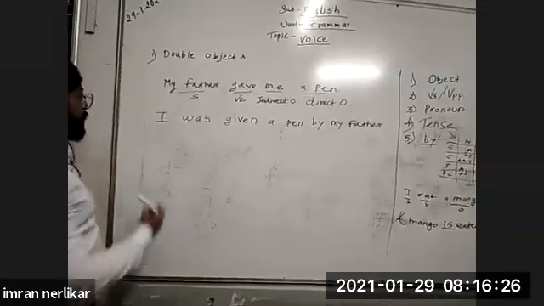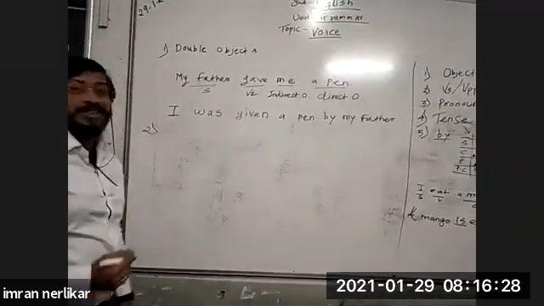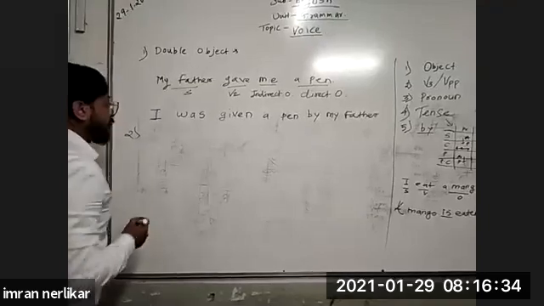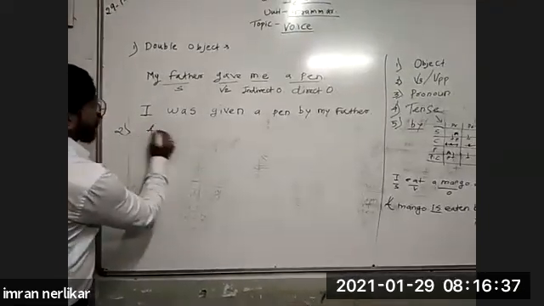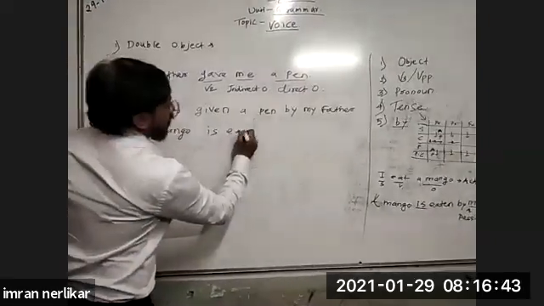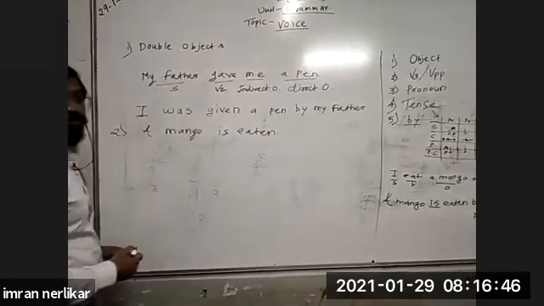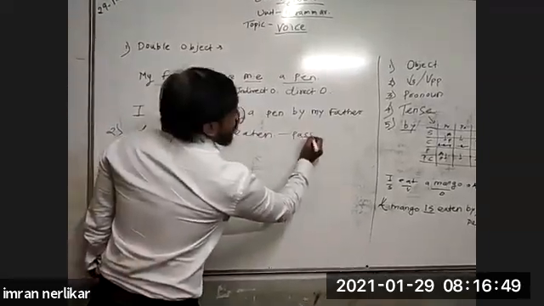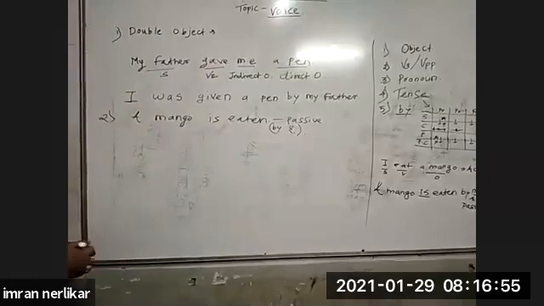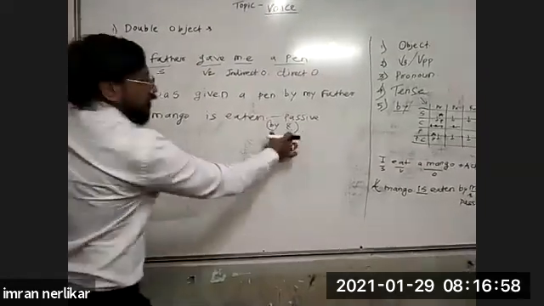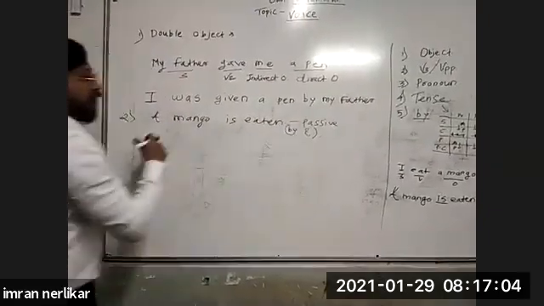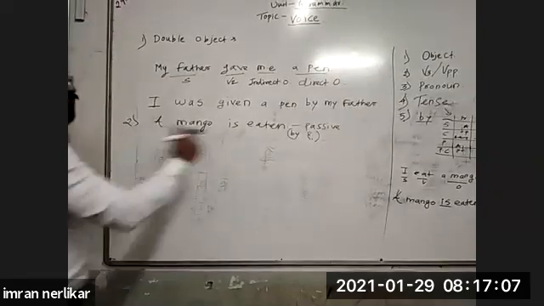Okay. Now see, for example, now we'll see sentence passive to active when there is no subject. For example, see, a mango is eaten. Already this sentence is in passive form. But by whom it is not given. By whom? Who ate the mango? It is not given. So when subject is not given, now you have to convert this sentence from passive to active.